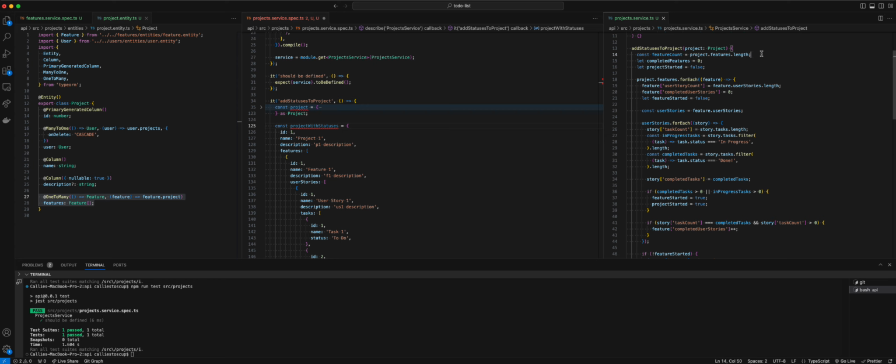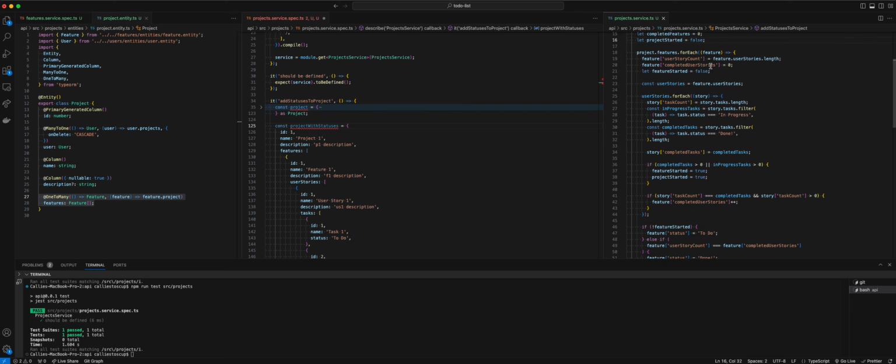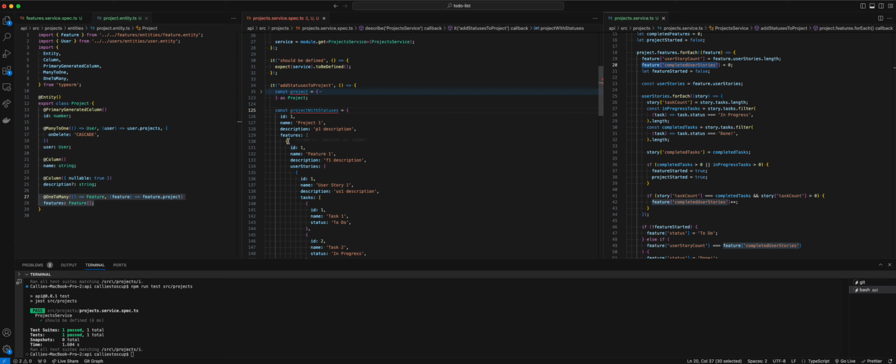Okay, so I'm going to add in some pseudocode here. Let's see how we do. Completed features is 0, project started false. Okay, so we're going to have a feature at user story count and a feature at completed user stories. So let's go ahead and do that. So for each feature, okay, we are going to add 2 properties. So we're going to add user story count, which is going to be 2. All right, and then we're going to have completed user stories, which is going to be